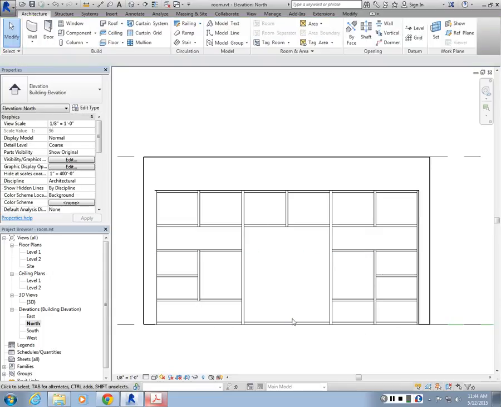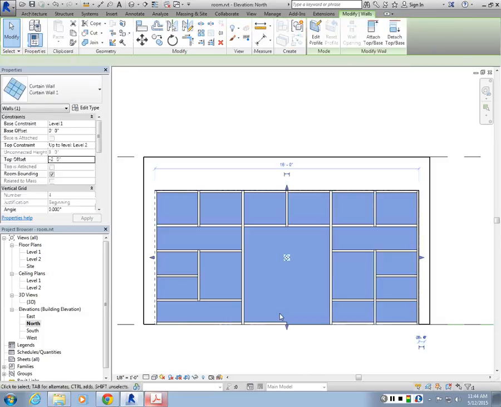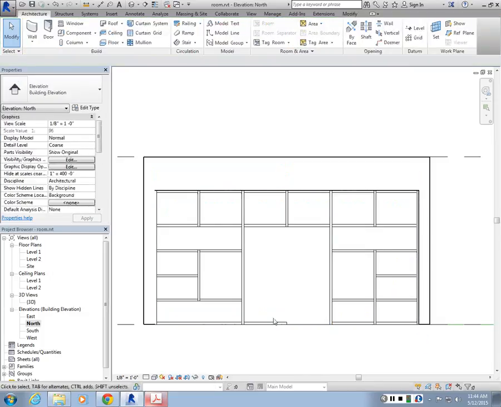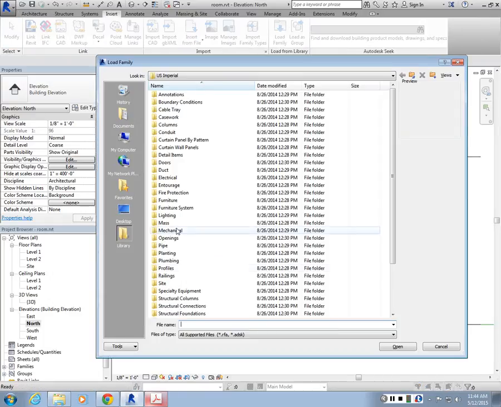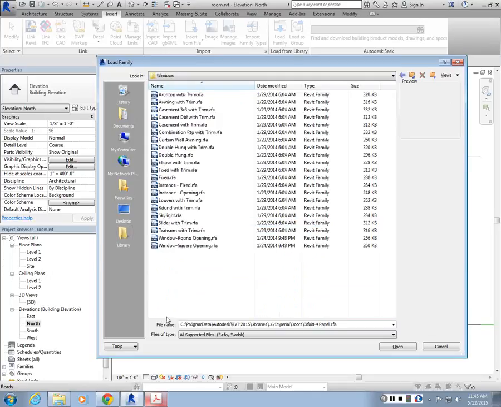And then you can also come in and delete some of them. If you, let's say, want to have a door here, you may not want to have these panels, these mullions. You can delete them. And this panel here we want to replace with a door that we can open. And for that one I'm going to actually insert a curtain wall double glass, double window, double door, sorry. So I'm going to go to Insert, Load Family, go to Windows all the way at the bottom. And there is a curtain wall,